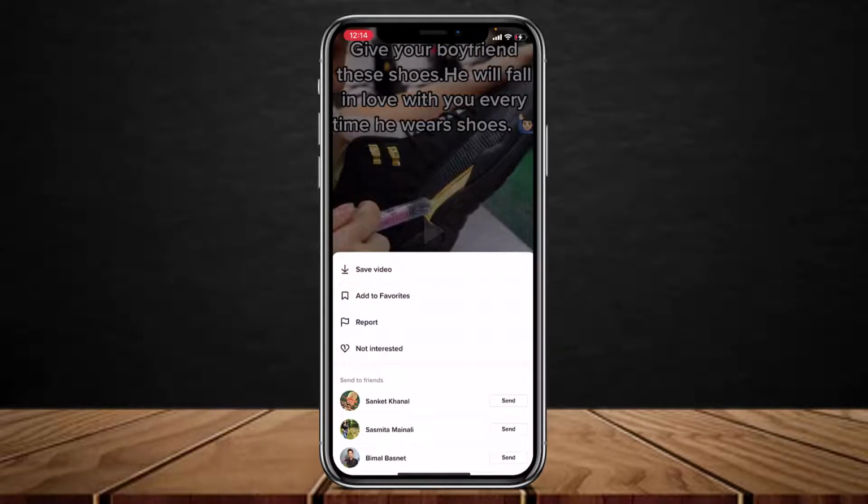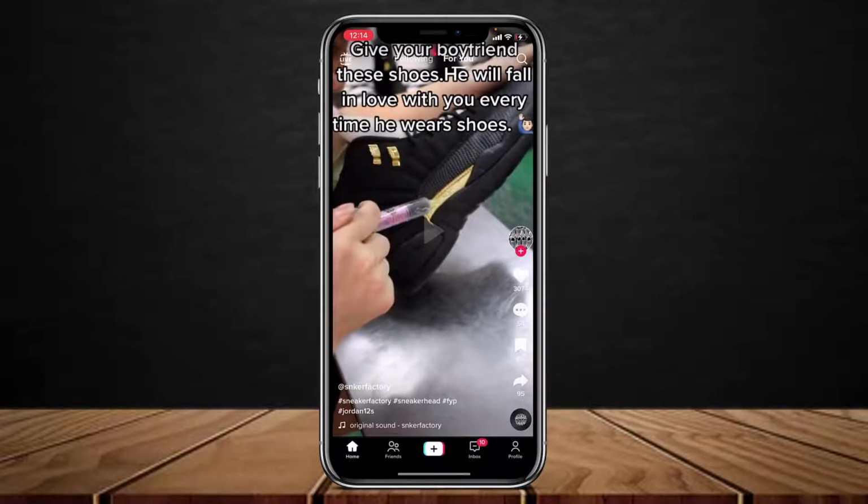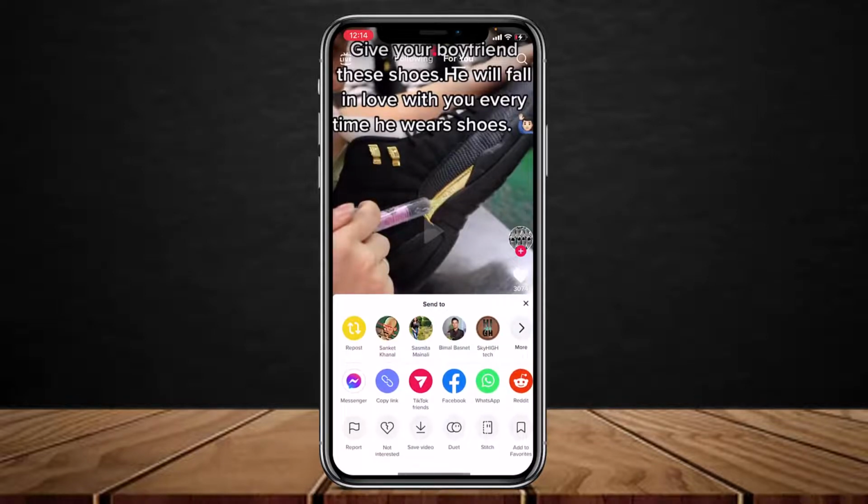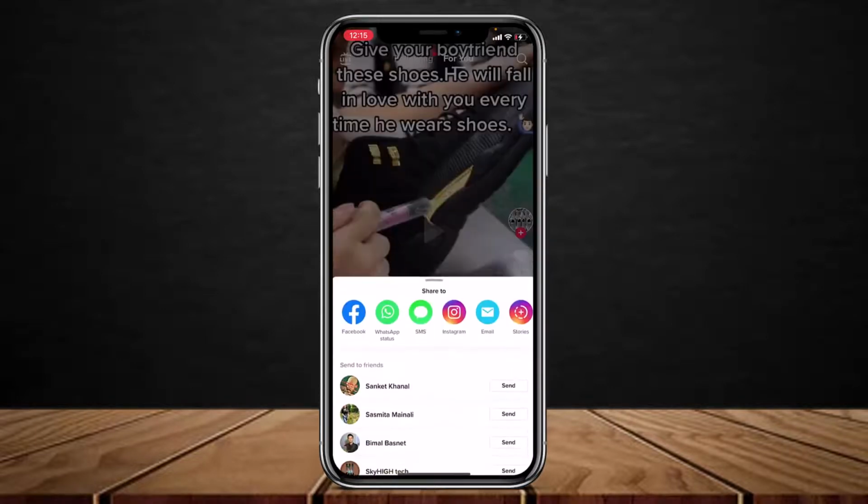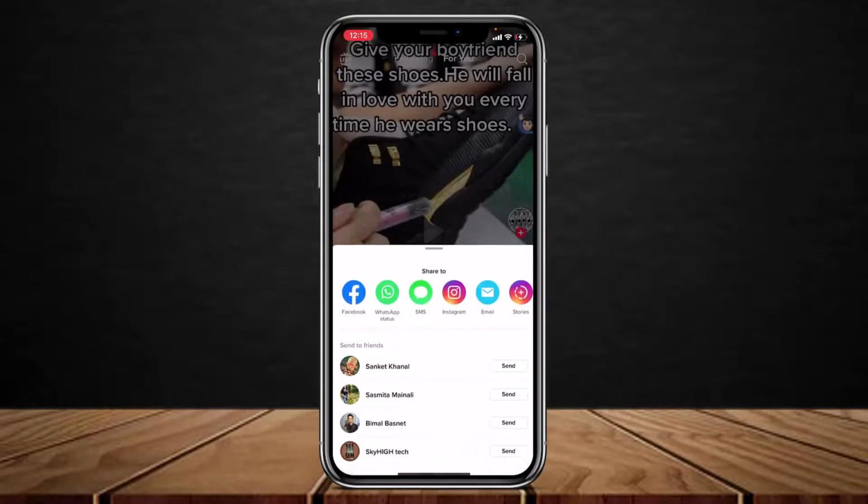If you long press on it, you'd be able to see view in full screen mode, but many people are missing that option. In that case, you can tap on the arrow icon, and then you can simply tap on this button which says save video. So I'm going to basically tap on the save video button right over here, and once done, I'm going to